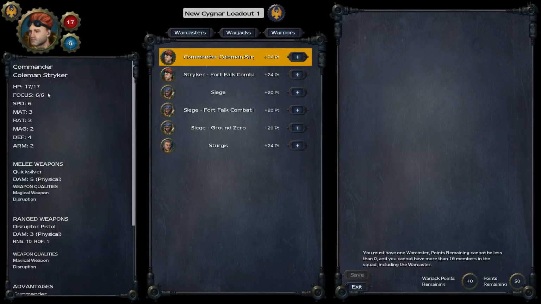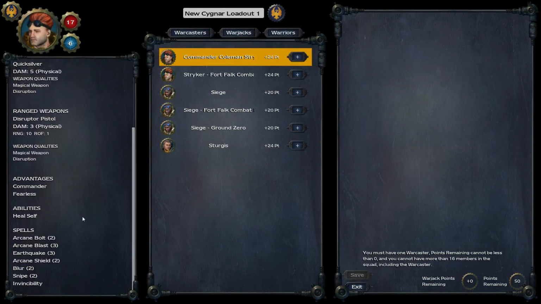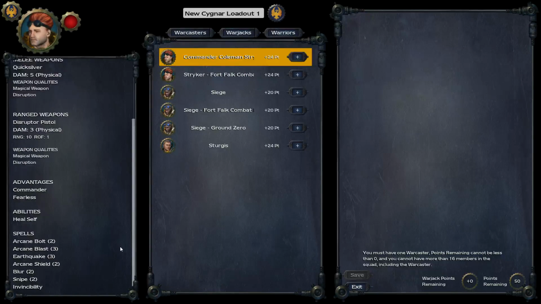Alright. Then you have Focus. Focus is his magic. Every turn he's going to get 6 focus to spend to cast various spells, which we're going to show you in a minute, and to empower his Warjacks. Alright, so see, he's got spells at the bottom here, and these will be what you're spending that focus on. 2, 2, 2, 3, 3, 2. Basically, you could cast 3 of these 2 spells, or 2 of these 3 spells,